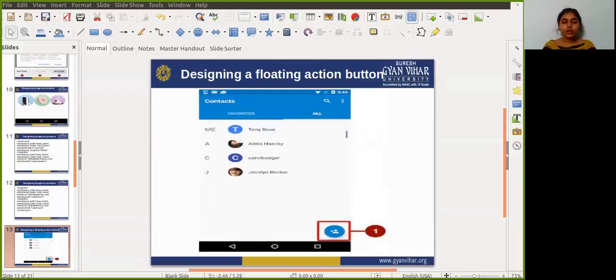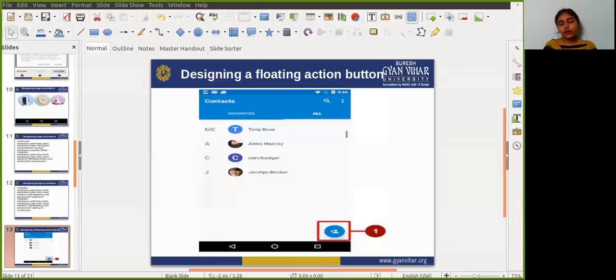Use the newest version suggested by Android Studio to create the floating action button, and use the FloatingActionButton class, which extends the ImageButton class. You can add the floating action button to the XML layout as follows. For that you need to write the XML code: firstly android.support.design.widget.FloatingActionButton.